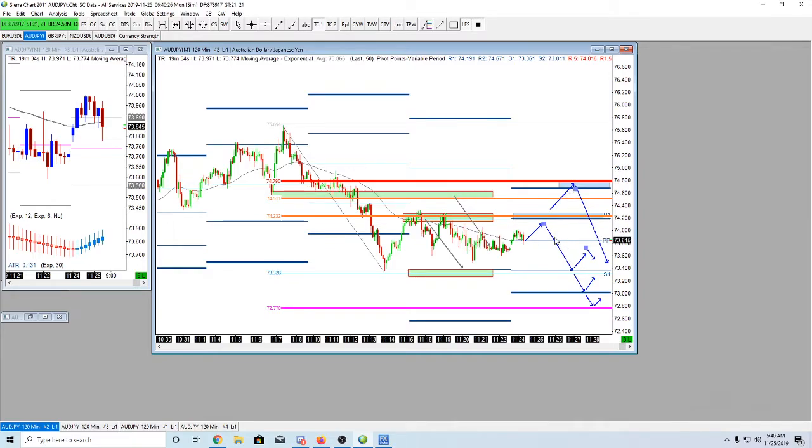So again, just to review, you get in with a portion of your lot size, save some in your back pocket. If it goes against you, fine. You're going to do a price average here. If it goes your way, fine. You're going to look for a pullback and you'll get in with the rest of it down here at that spot. Right?